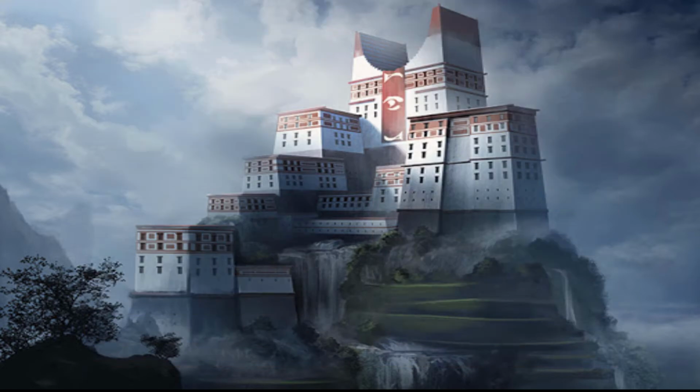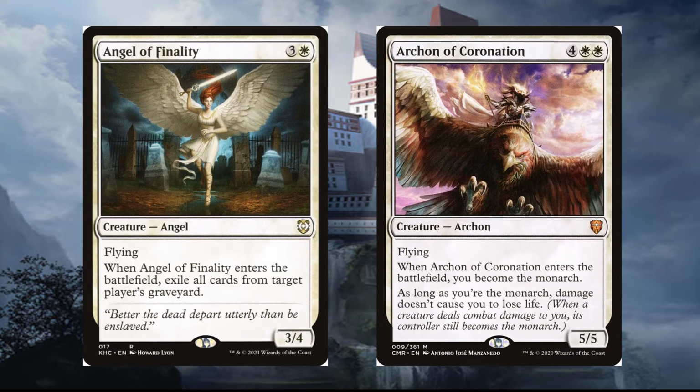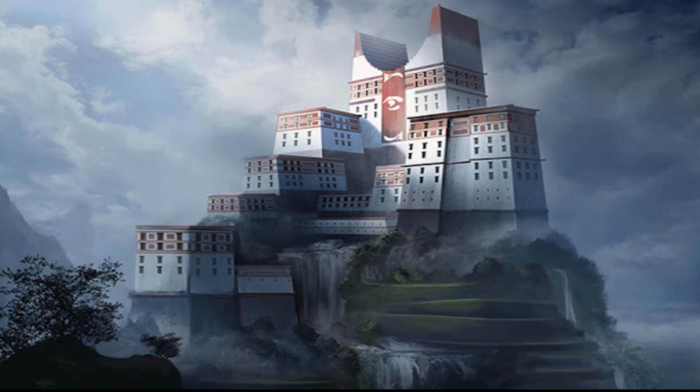In truly angelic fashion, Angel of Finality and Archon of Coronation both protect you from harm, whether it be threats in a graveyard coming to life once more, or preventing damage, potentially saving you from death, but their main purpose is to hit things. Hit things really hard! Finally, since this is the primary win con of the deck, let's take a deeper dive into some of the